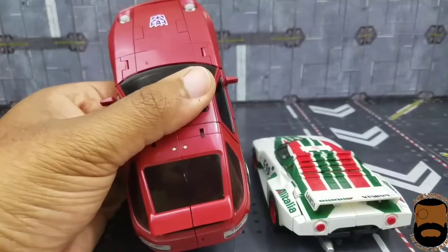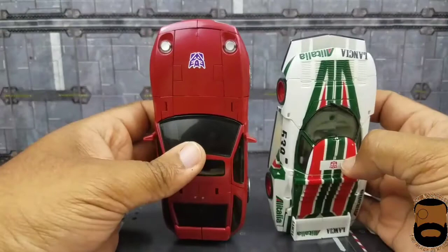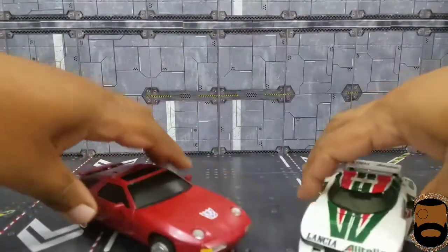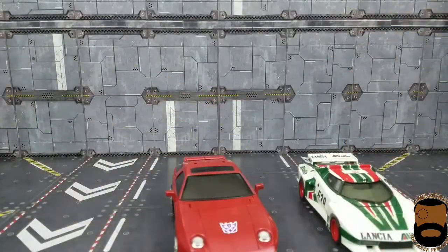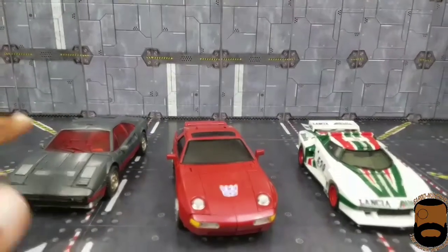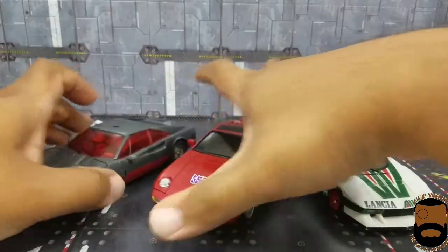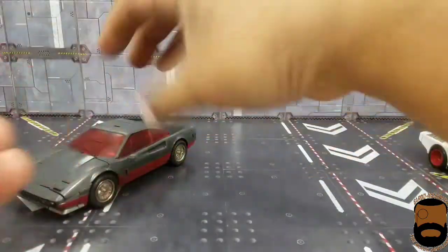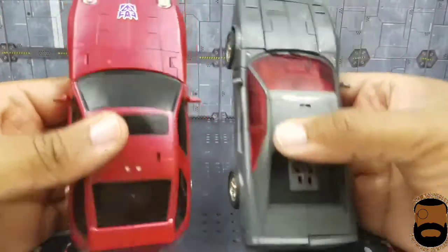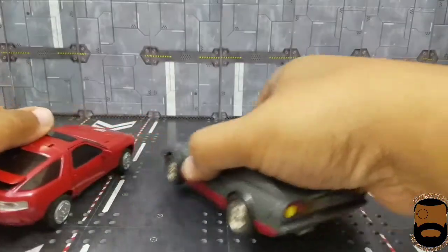Let me put the camera up just a little. There we go. So you can get a little feel for it. Yeah, he's a good deal bigger. I think a Porsche should be smaller. But tell you what, let's bring in another Decepticon, shall we? Let's bring in my second favorite, Wild Rider. And yes, he is getting reviewed well. But let's compare how they look together. Dead End with Wild Rider. Okay, not too bad. I still always believe a Porsche should be smaller, but overall they're just really bigger